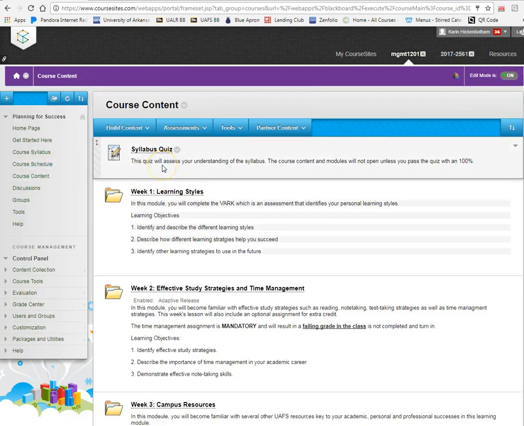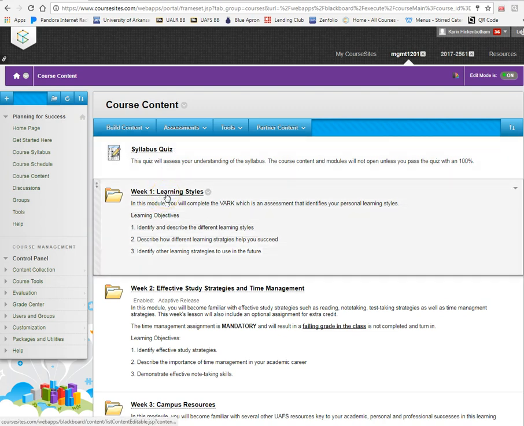Here we have a syllabus quiz that they are mandated to take, and they must pass with 100%. Normally in the in-class, I have them only have a single attempt and then we go over it, but with an online class, I have very little time to make sure that the student understands all the requirements of the course. So of course they have to pass with 100%, being able to have unlimited attempts. Once they do pass with 100%, then the course will open to the first module,